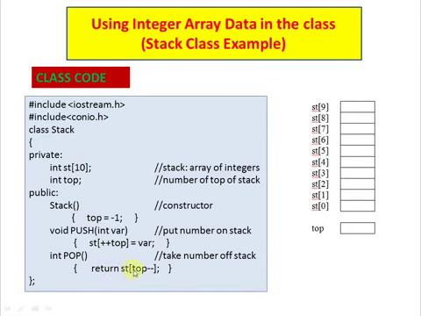The second operation is the pop operation, and this operation will remove the top value of the stack whenever we activate it. It will return an integer value, that is the top integer data item of the stack. How it will work, we will see in the implementation in the OOP environment.